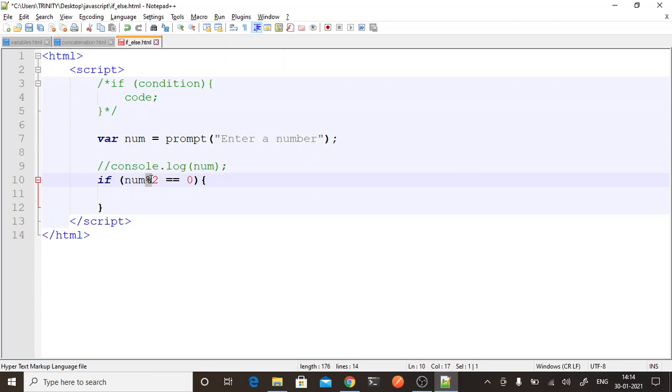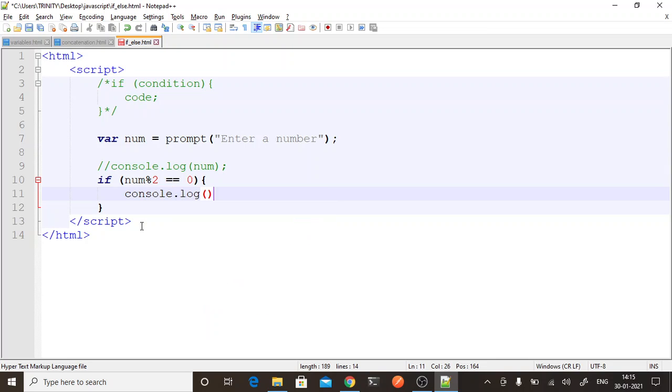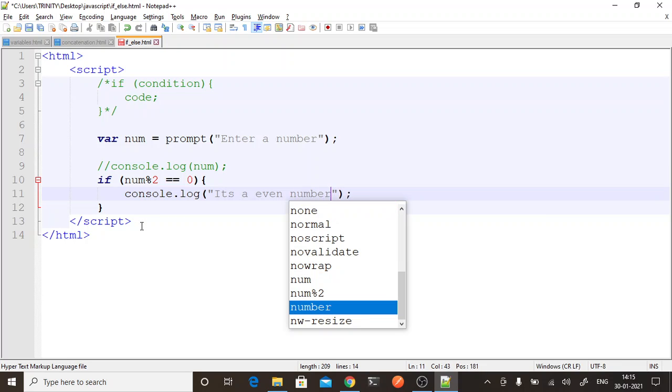Mod does the division and gives you the remainder as a result. So if the remainder is equal to 0, then you can print with console.log. Simply I will say it's an even number. Divisible by 2 means it's an even number, correct?